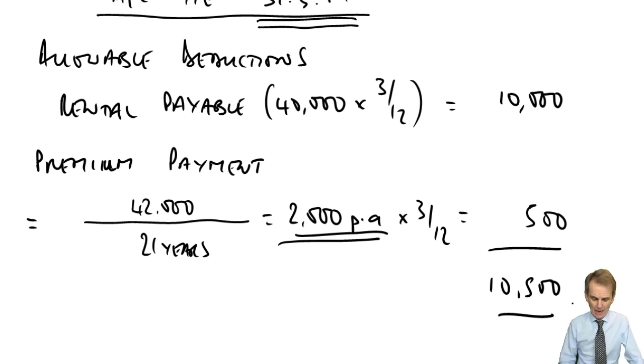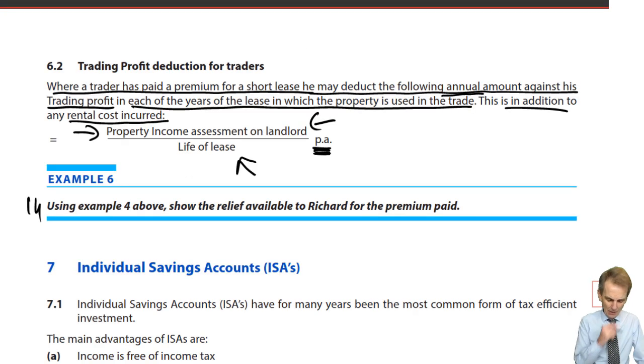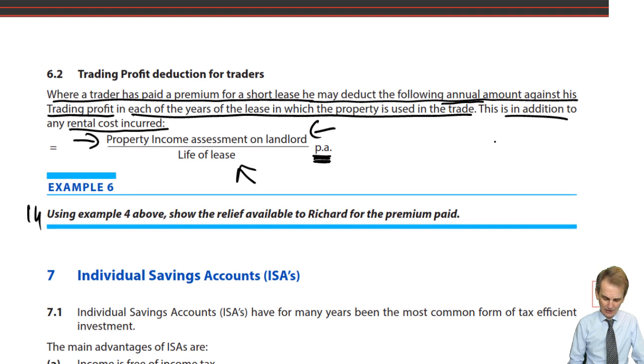Good. So we should now be able to deal with either the lessor or the lessee. The lessee is the most interesting one because you still need to be able to do what you do for the lessor, work out the property income assessment, and then take it that step further and actually work out for the lessee what their annual trading profit deduction will be. If we're then looking at the period in which it was actually paid, remember to time apportion how much of the lease period fell within that accounting period, because this is an annual figure that we're talking about here. Okay, so back in your notes there, you've got example 6 to have a go at,